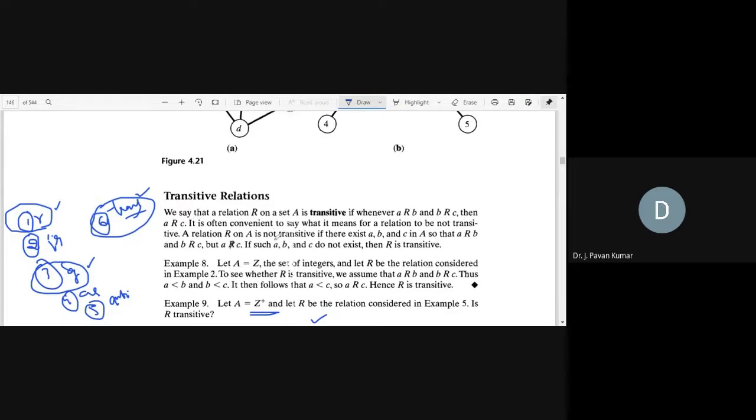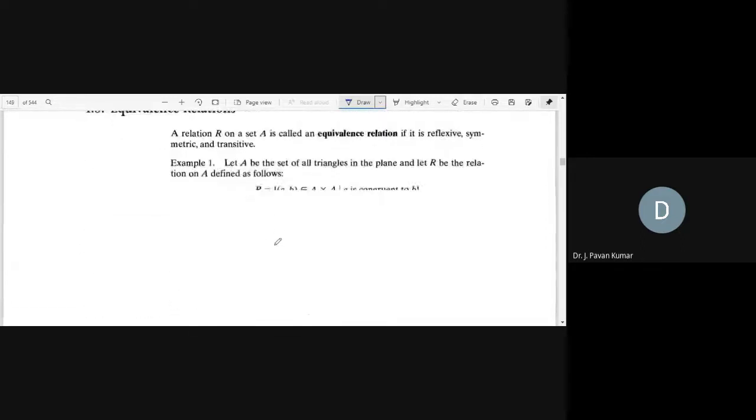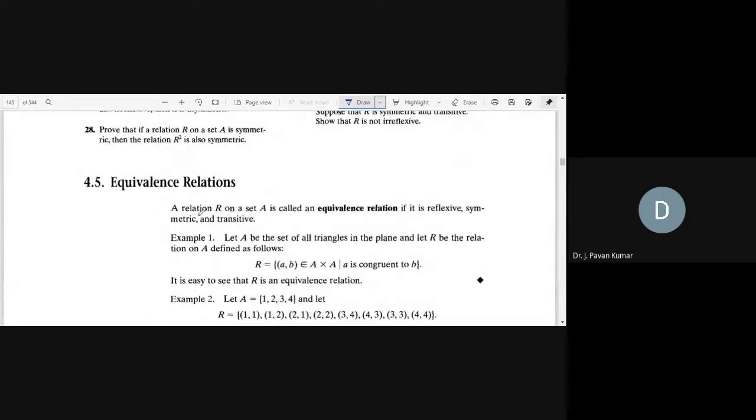Understand the definition of equivalence? Yes. Equivalence relation: a relation on a set A is called an equivalence relation if it is reflexive, symmetric, and transitive. Then we can consider it as an equivalence relation. Now you consider